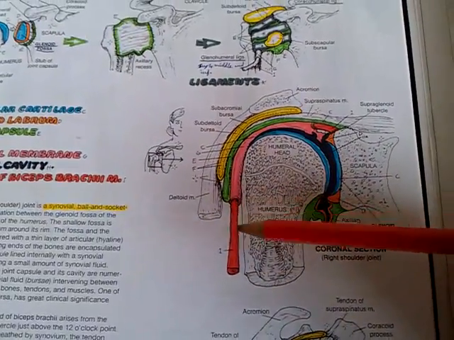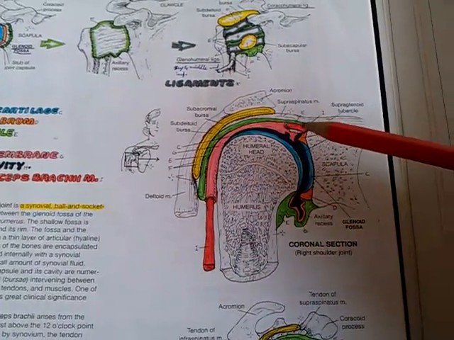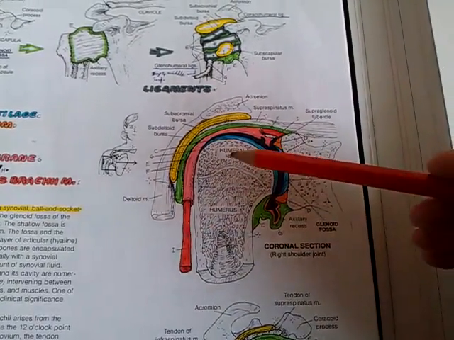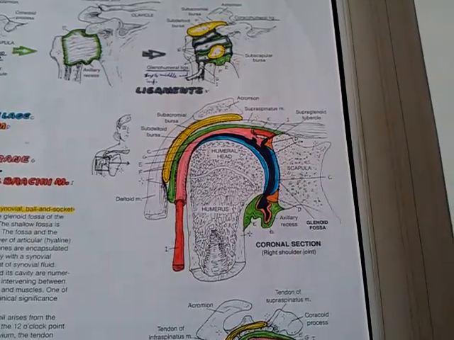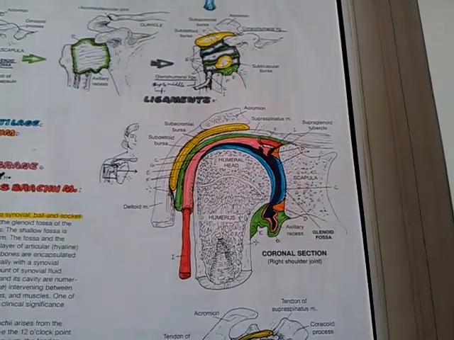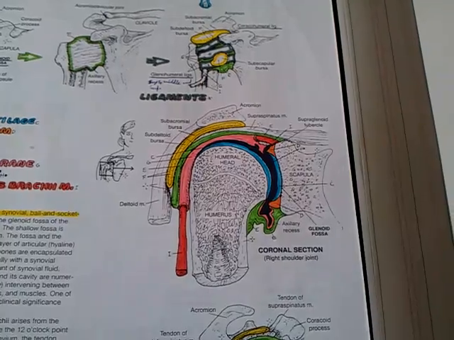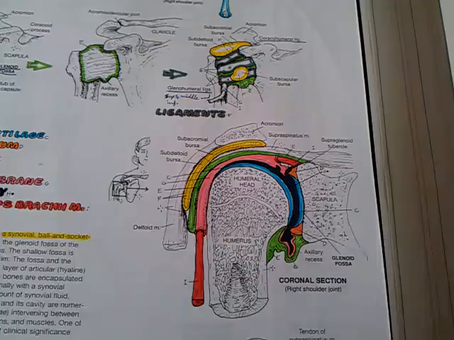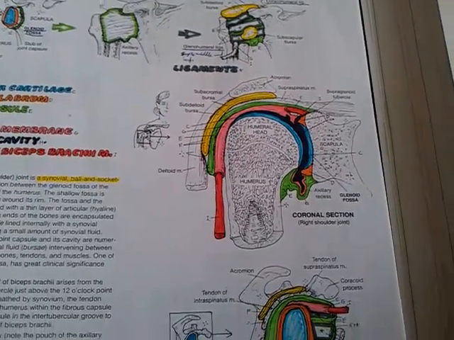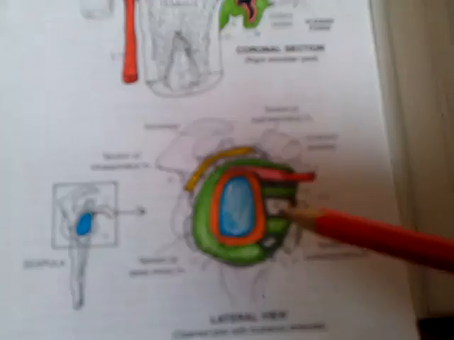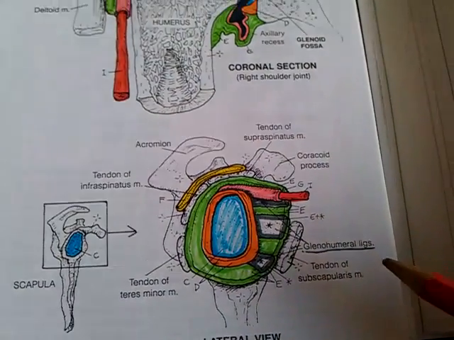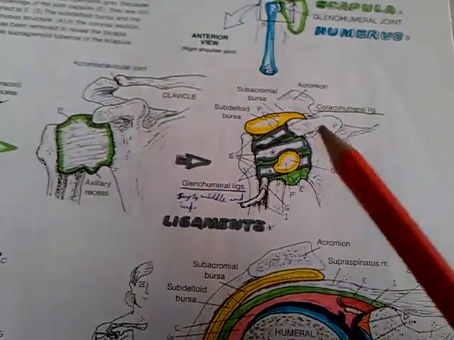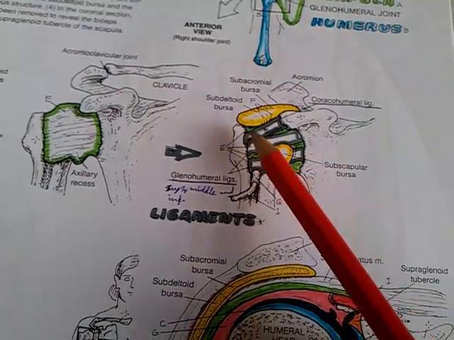This red is tendon of biceps brachii, and this is contained within the articular capsule. The capsule is thickened by ligaments. You have inferior, middle and superior glenohumeral ligaments. You have coracohumeral ligament